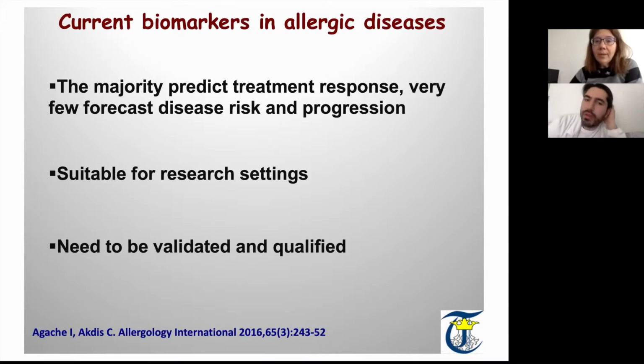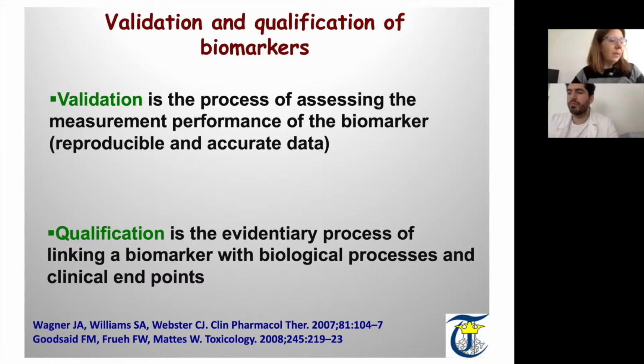What we have now in allergic diseases, for the majority, is that we just predict treatment response. Very few forecast disease risk, so we can use them for prevention, and very few forecast disease progression into more severe forms of disease. They are mostly suitable for a research setting, and all of them need to be validated and qualified. What is validation and qualification? As defined by the Food and Drug Administration,